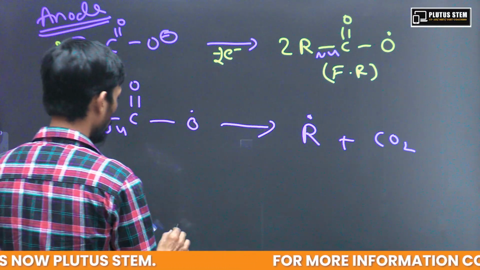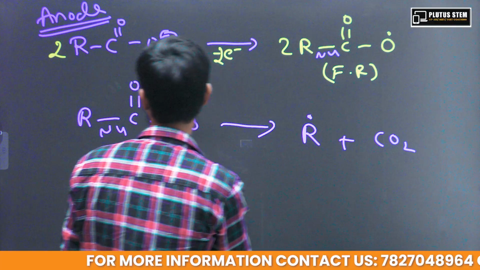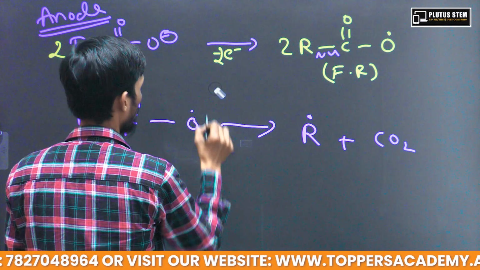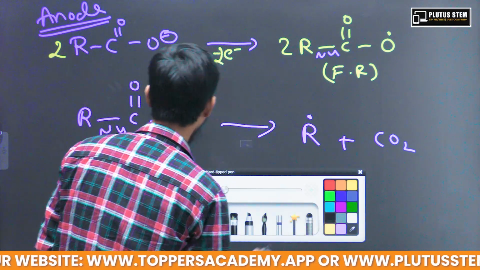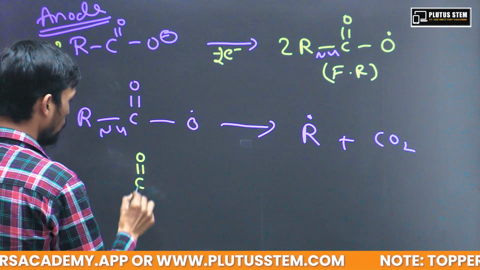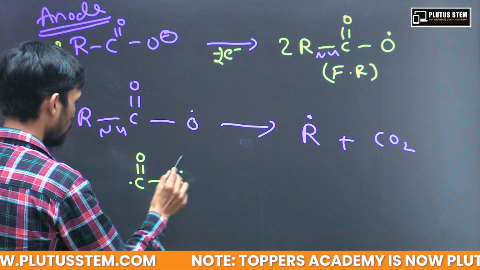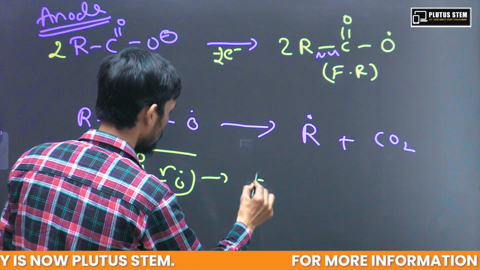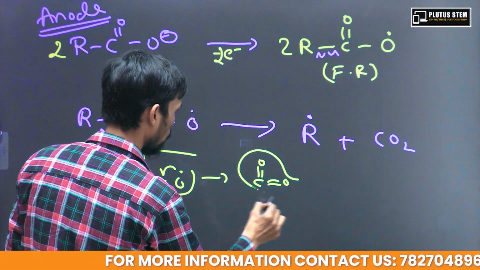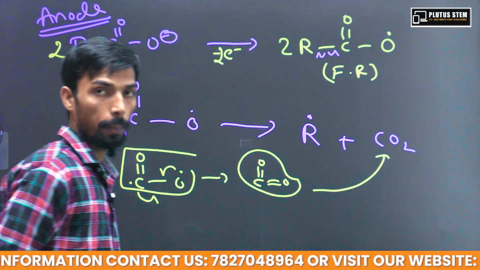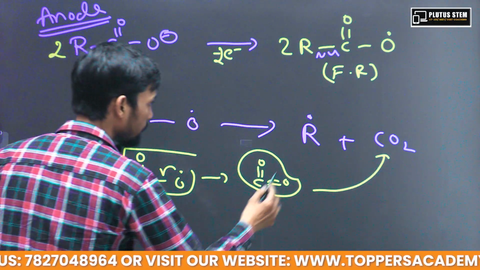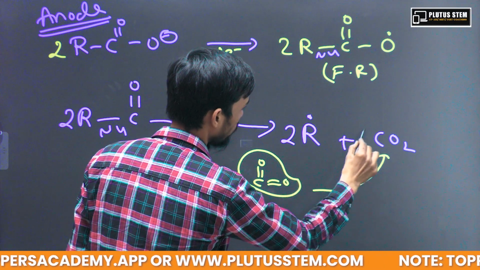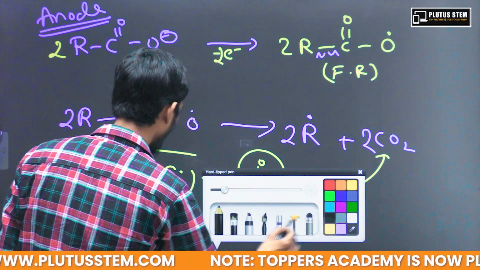How is this mechanistic pathway following? So this free radical, if you see over here, how they are passing through this C double bond O free radical and this free radical, they are making some bond like this, and it became C double bond O, C double bond O. That is how this CO2 is being prepared. And another part is this R free radical. As we know that we were having 2, so these are also 2, this one is also 2 CO2, and these 2 R free radicals